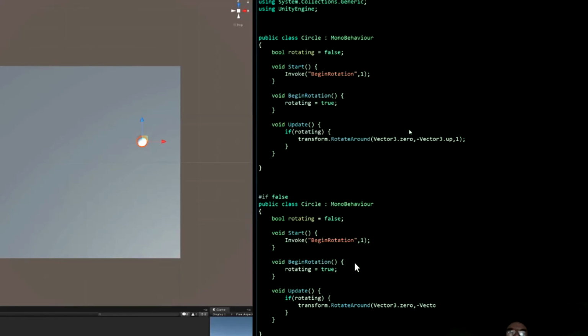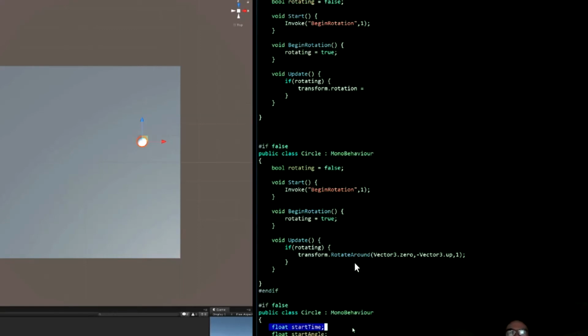So the next version of this is one that is stateless. And by that I mean I just set the rotation at every frame. So I can't use this rotate around anymore. What I have to do is just figure out